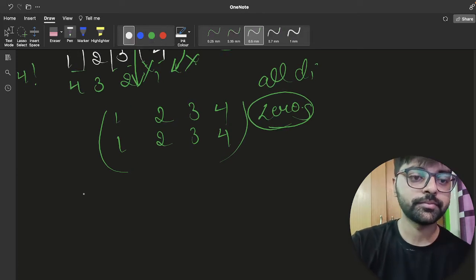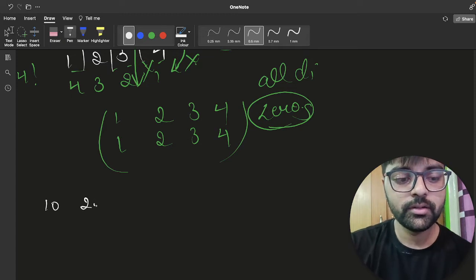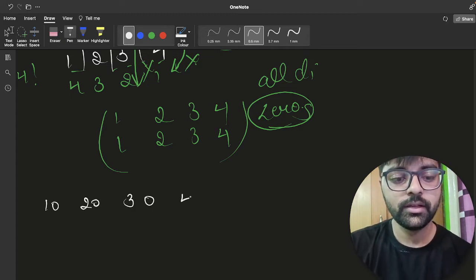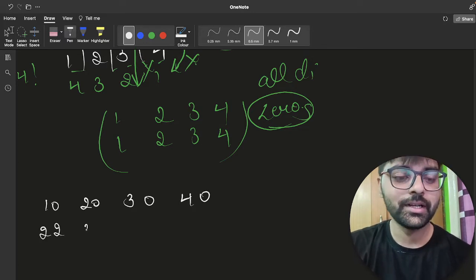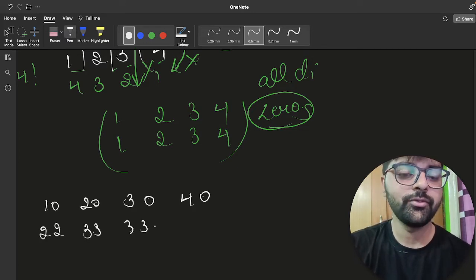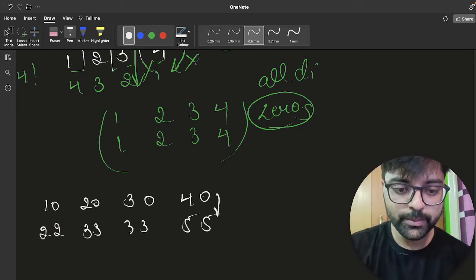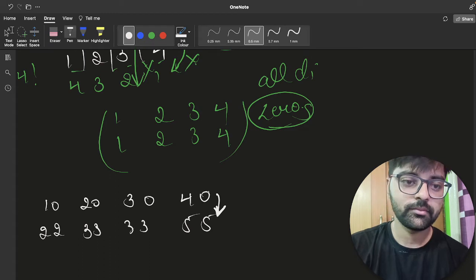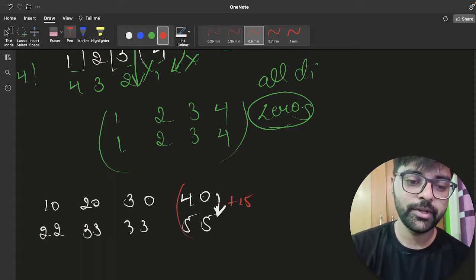Now let's move to one more example: a equals 10, 20, 30, 40 and b equals 22, 33, 33 and 55. Can we make 40 into 55 by adding something? Yes, we can. We will add 15, then we will get 55.